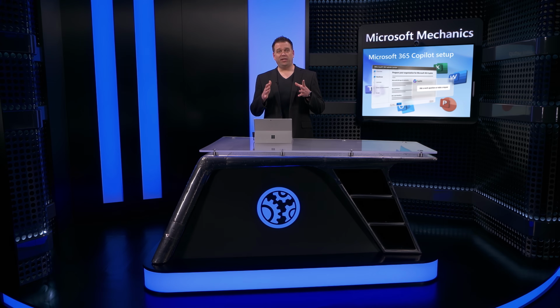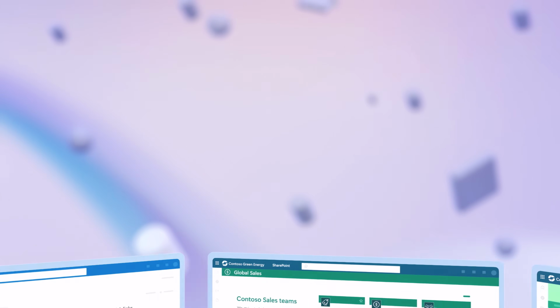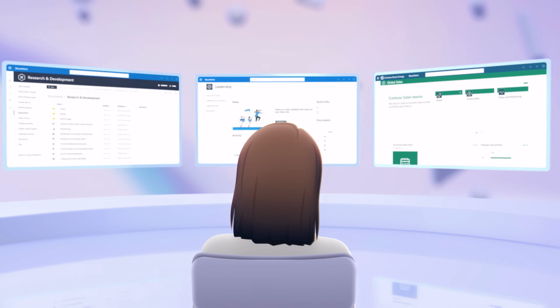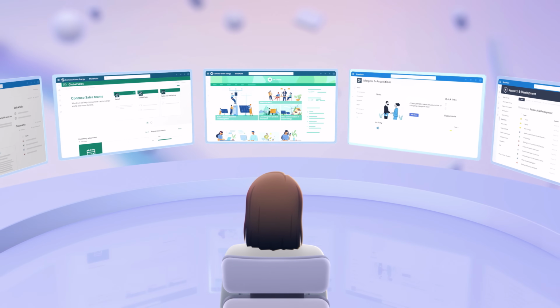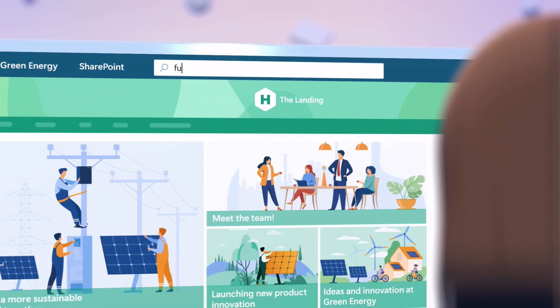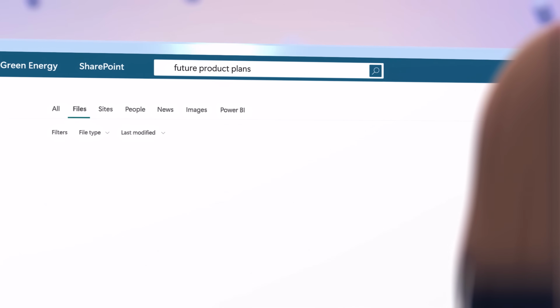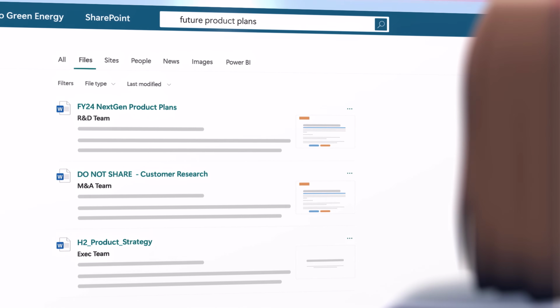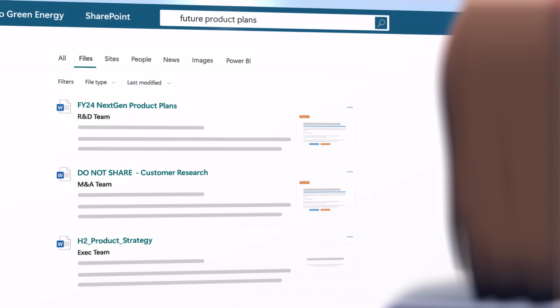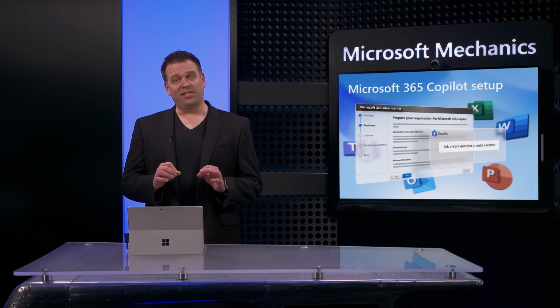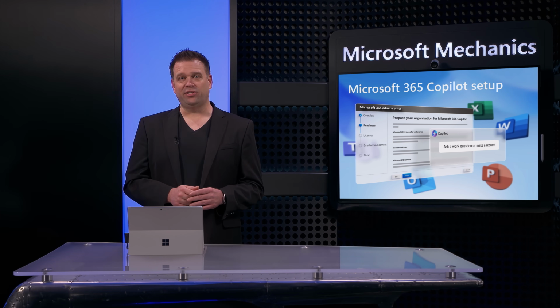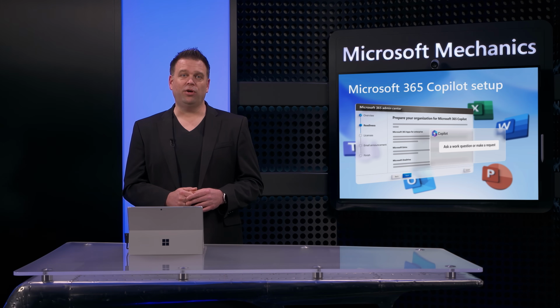So just as you would prepare the information in your organization for search, the same principles apply for Copilot, again, because Copilot will only retrieve information each user explicitly has access to. For example, if any given user within your organization has access to all or most internal information, then by definition, using search, they will most likely have access to things like sites and files across the organization that they should not have access to. Now, solving for this is an overall information access challenge, not unique to Microsoft 365 Copilot.